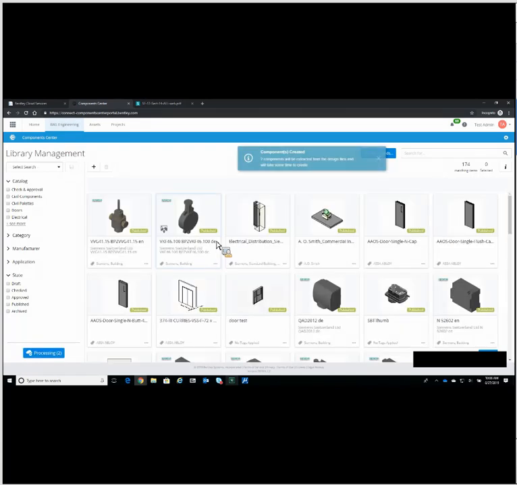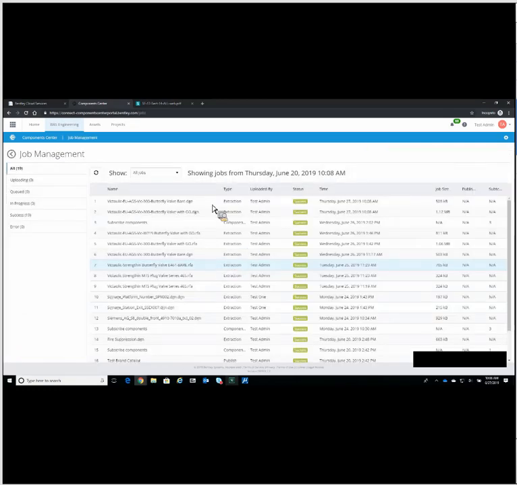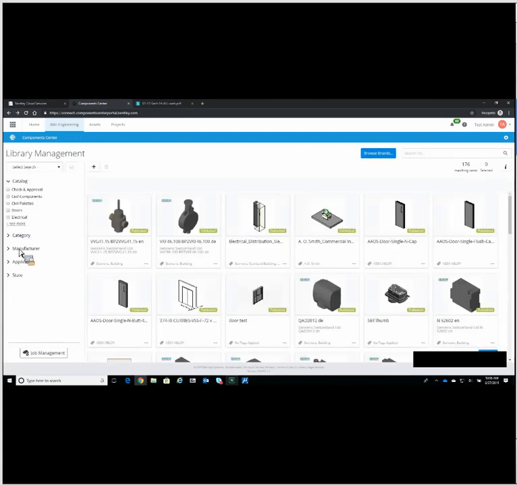So now what it's doing is uploading those DGNs, opening them up in a web job in the background, extracting thumbnails for me, extracting engineering data for me, and creating 2 brand new components for me. And if I ever want to know what's going on with my web jobs, I can go to my job management page here, and I can see that these 2 are already done. I just uploaded them. They've been extracted, they've been uploaded, and they've been created. So if I go back now to my valve catalog,